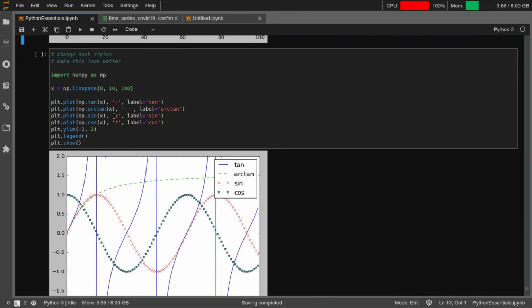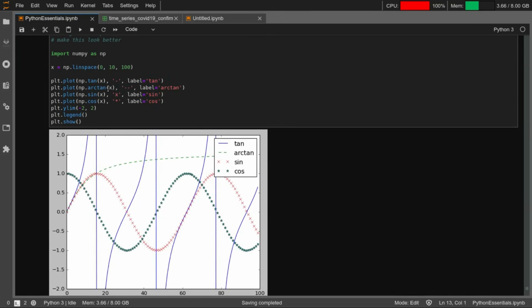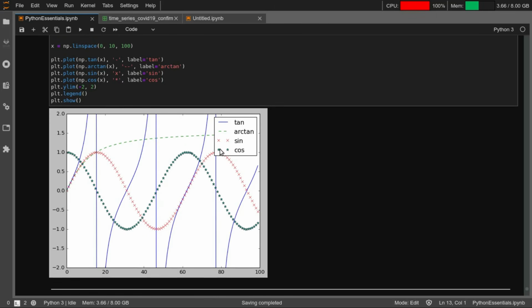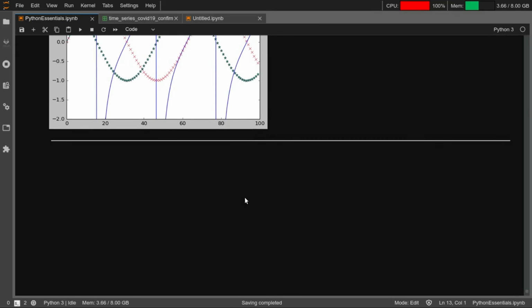One more thing could be changing the line type, right? So when you're saying plot, in all the previous graphs it was a simple line with variation in colors. But here you can also mention whether it should be dashed, double dashed, whether it should be x's or asterisks and all of that, right? You can see that line behavior changes, right?